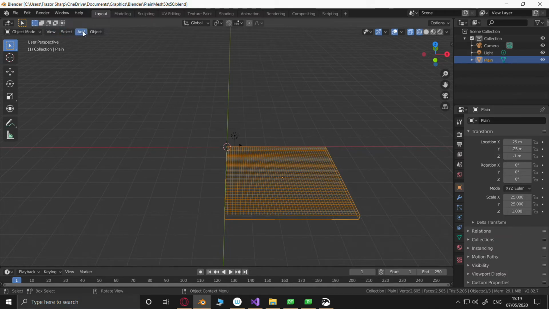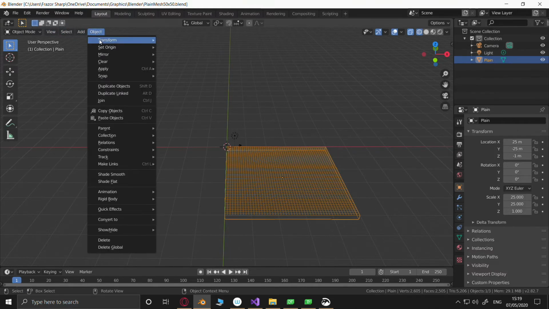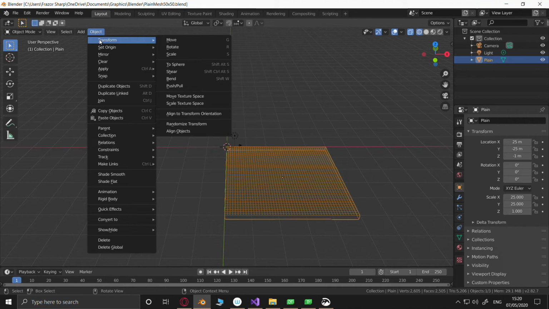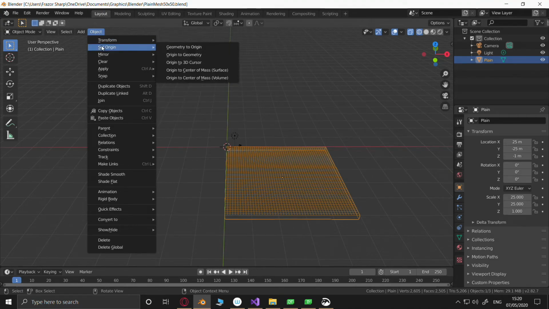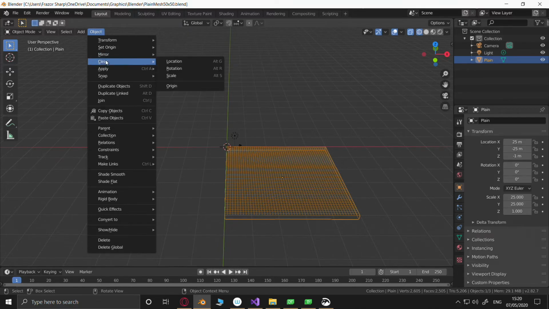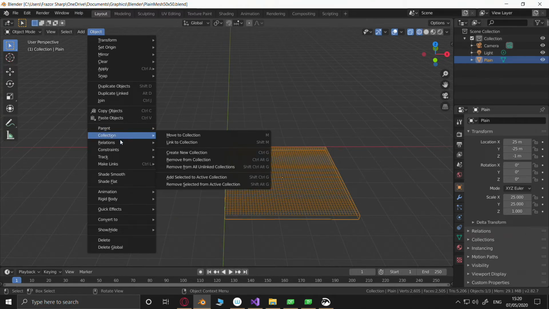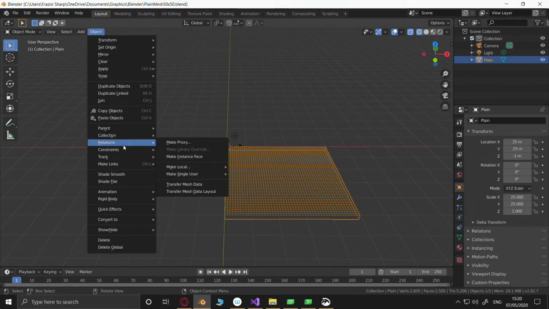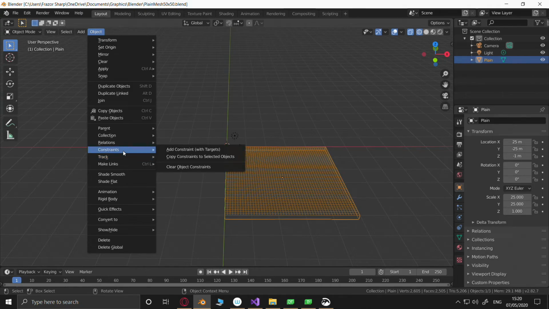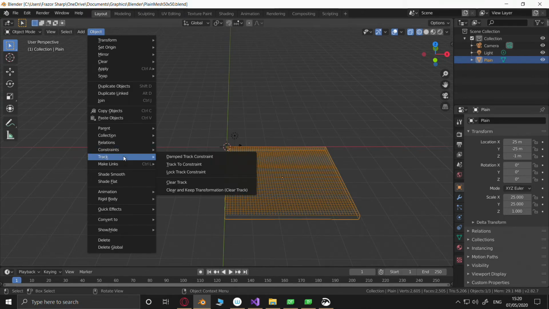Right, so select Add Object, Transform. No. Set Origin, we've already done that. Join, copy, paste, parent. No. Collection, no. Relations, no. Constraints, nope. Make links, nope.